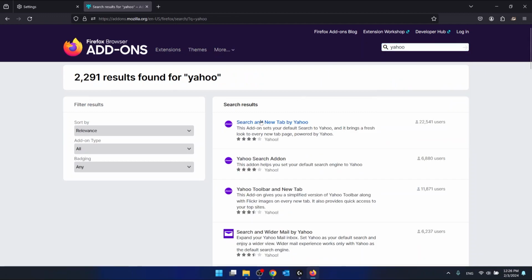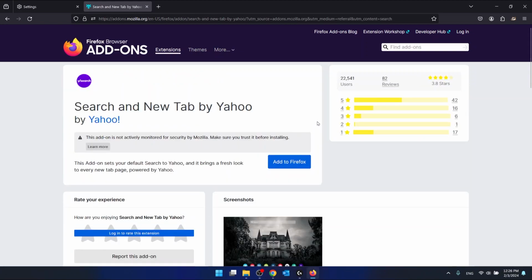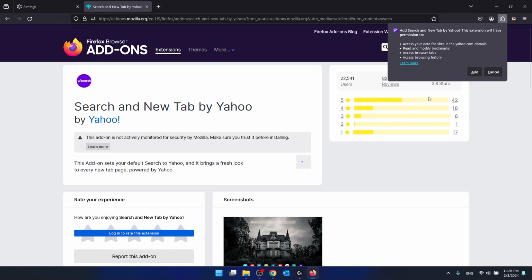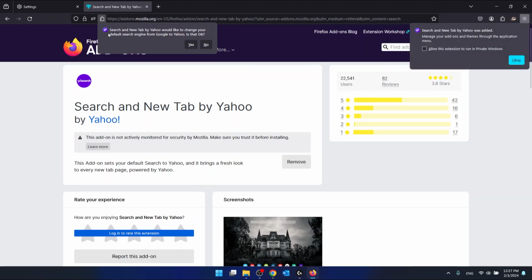Then what you want to do is to click on the first search result, so search and new tab by Yahoo, and you just want to add it to Firefox. This will bring you a notification if you really want to add this add-on, so just click add,